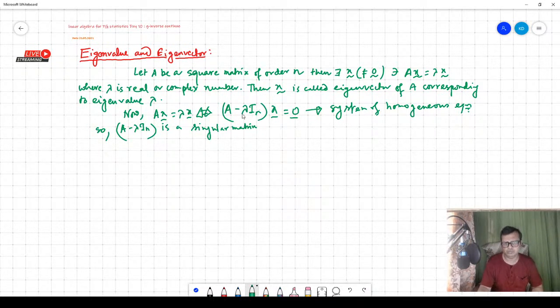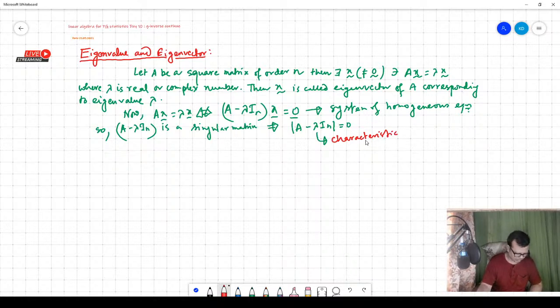This is possible when rank of A minus lambda I is less than n. Hence A minus lambda I is a singular matrix. That means det of A minus lambda I equal to 0. So this is called the characteristic equation